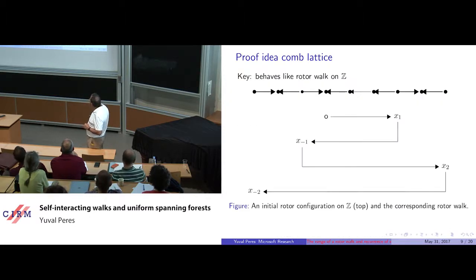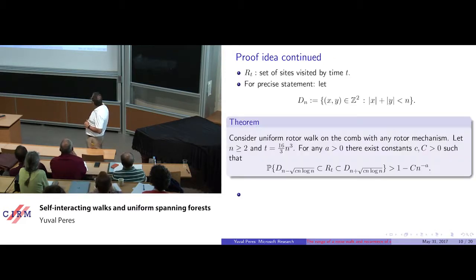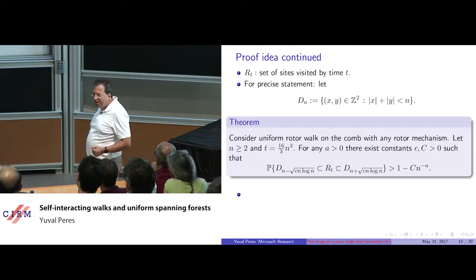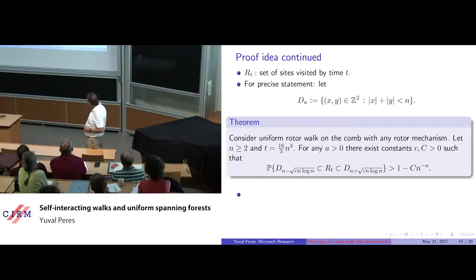So first, you observe that on the x-axis it behaves like a rotor walk on Z, which will walk up to some point x1, then turn around and walk up to point x minus 1, and so on. You can determine these locations as sums of geometrics, and you have a similar analysis on each line. So it's easy to analyze random walk in one dimension, rotor walk in one dimension, and you can build on that to analyze it on the comb. And the conclusion is that